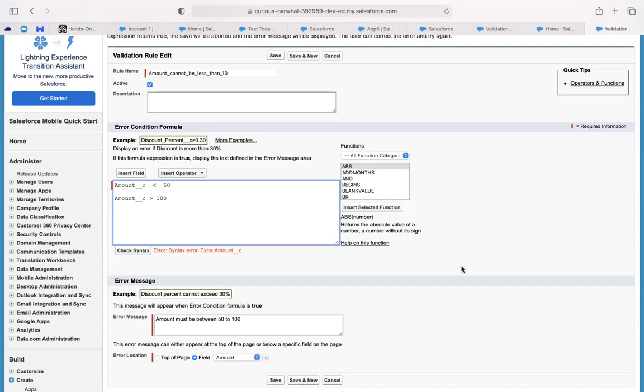Yeah. Very important to understand that whatever your requirement is, do not interpret that requirement directly to technical terms. Your requirement is amount cannot be less than 50 and cannot be greater than 100. Here I am using a word called AND. That does not mean your conditions will have an AND. You have to interpret logically this condition based on what is the requirement. If the requirement is saying less than 50 and more than 100 needs to be blocked,